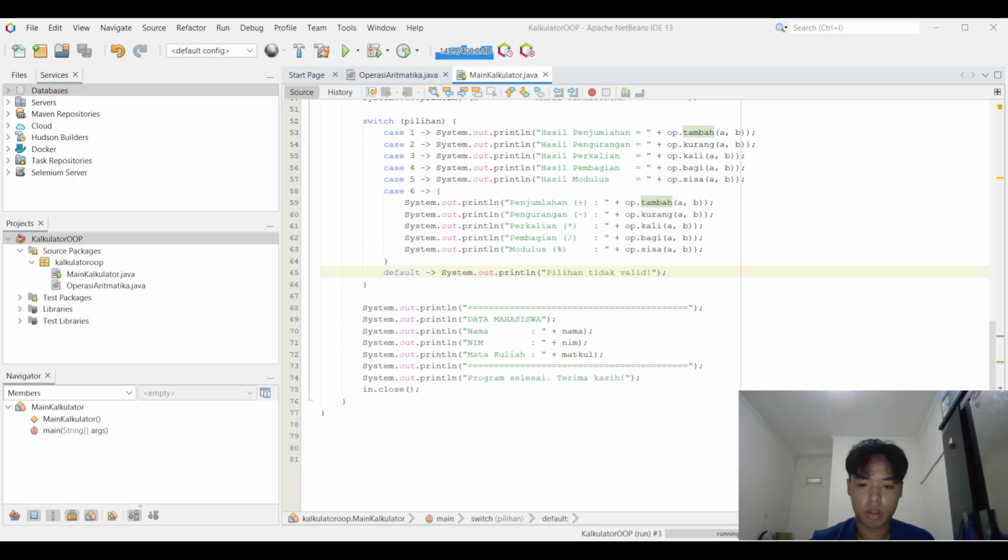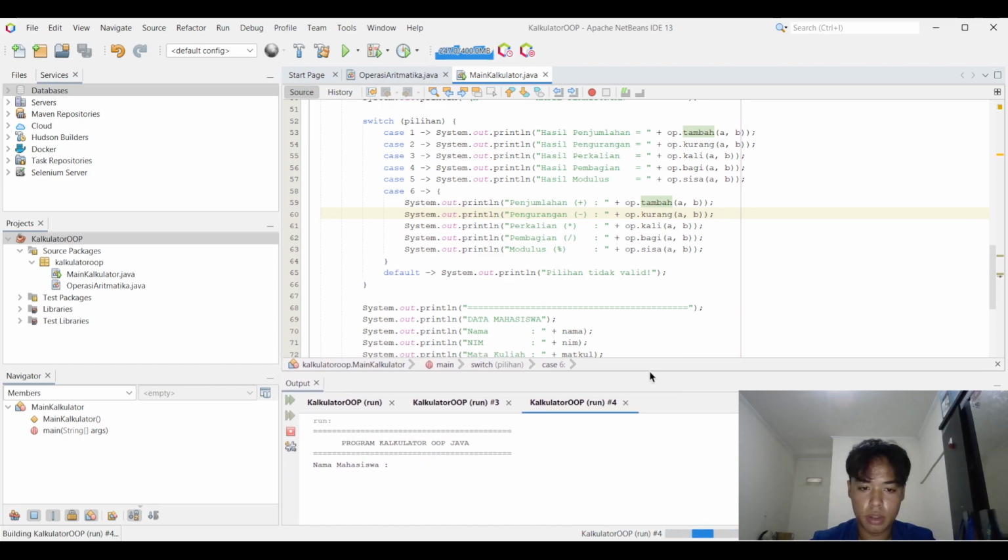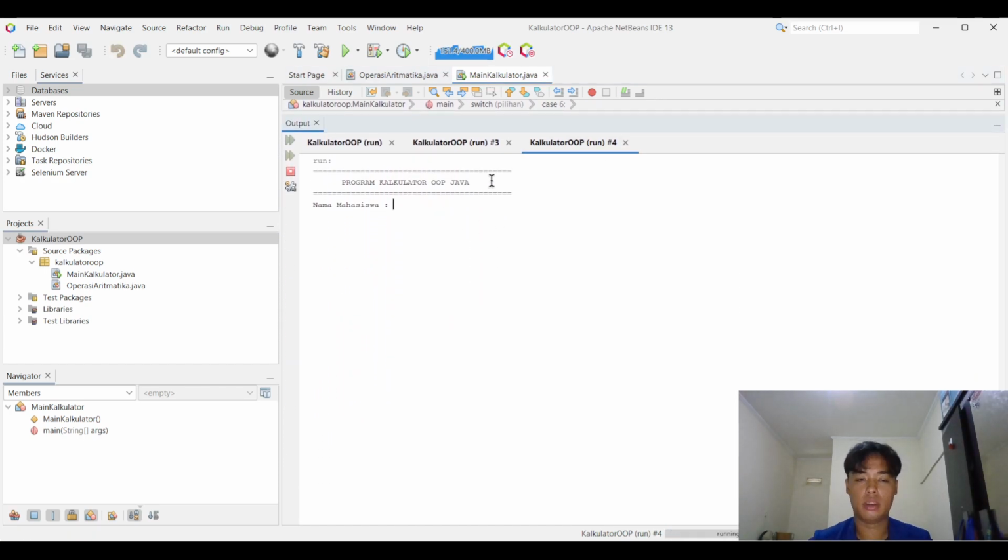After the classes are complete and compile without error, run the program by pressing the run icon, or you can use the shortcut Shift plus F6. Okay, the program is running, and this is the output.